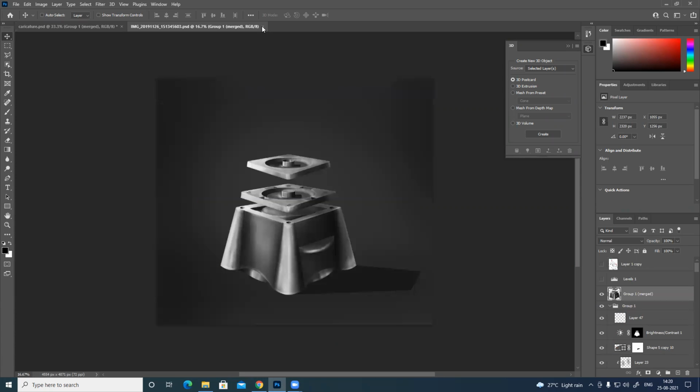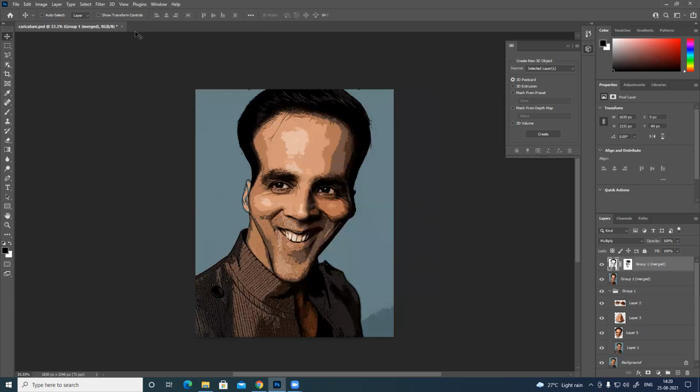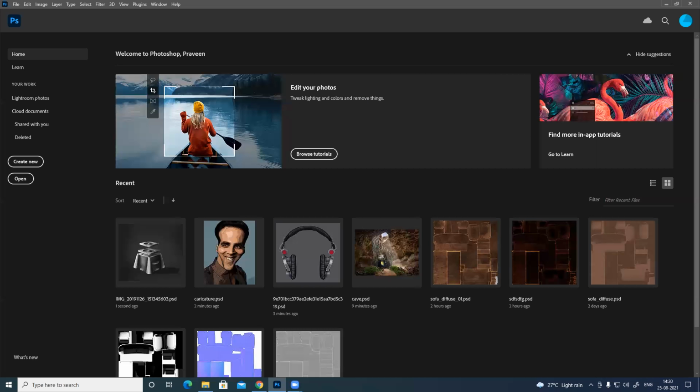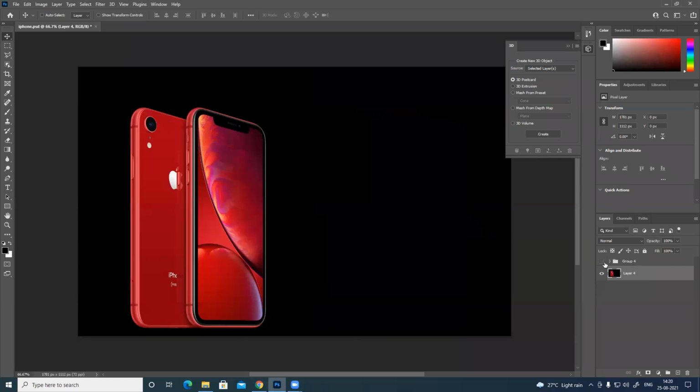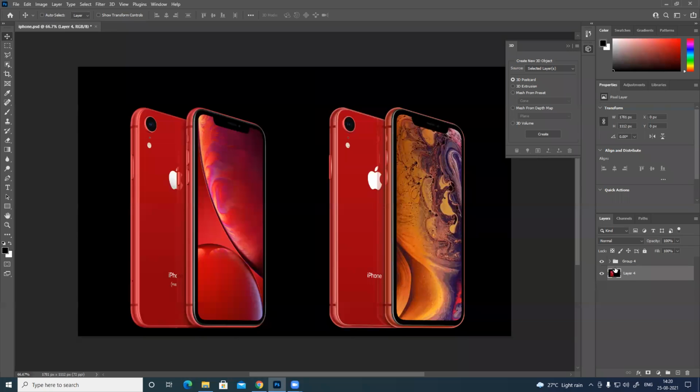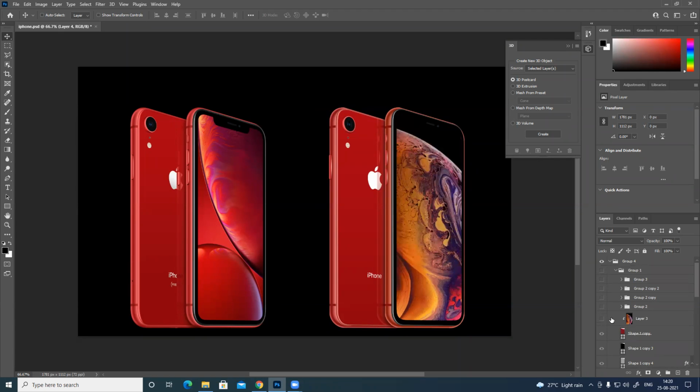Oh, this is something. This is again a product. You can see two photos. They kind of look the same, but one is the image, one is what I recreated. So you can see all the layers.